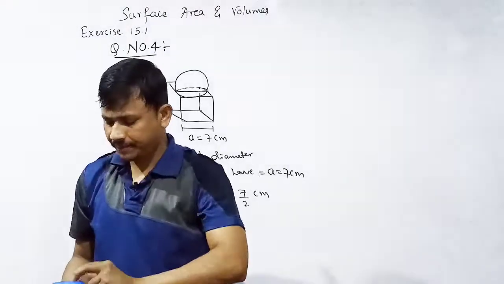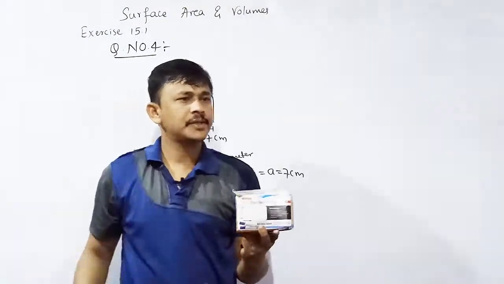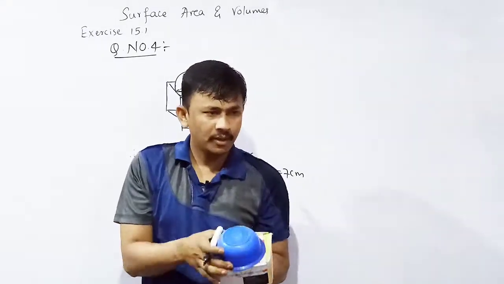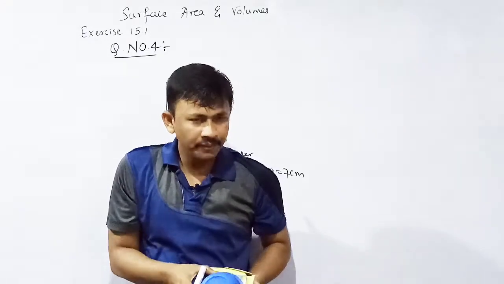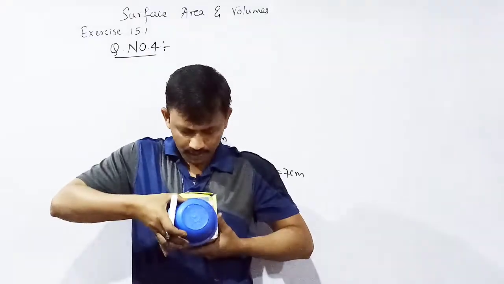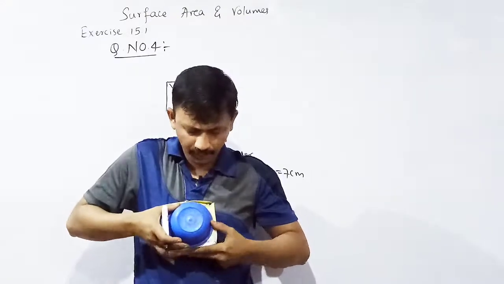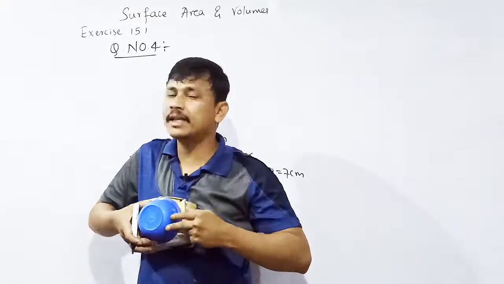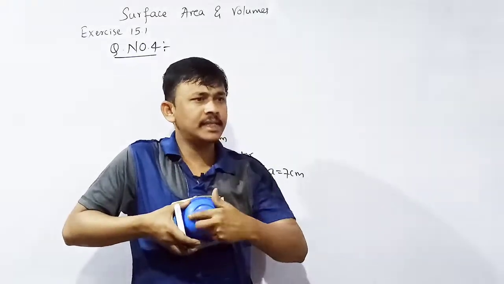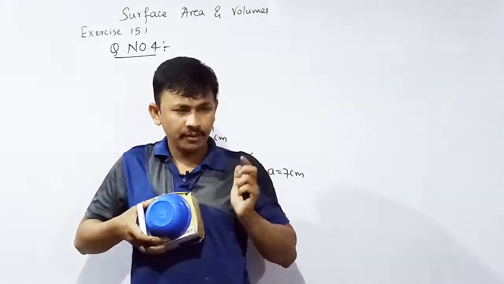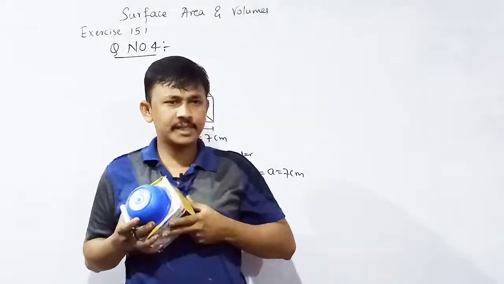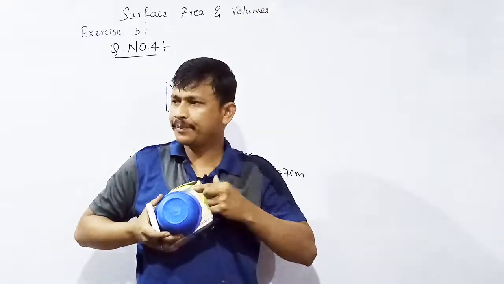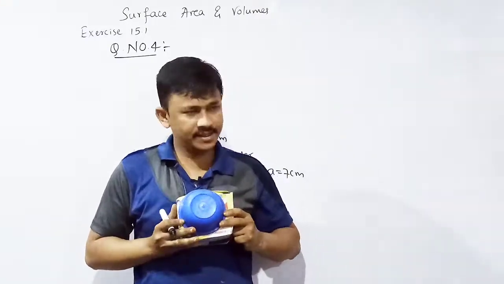Look here. Consider this one as a square box surmounted by hemisphere. Okay? After surmounting, you can feel. Look here. You can feel the curved surface area of hemisphere. Yes or no? CSA of hemisphere plus first face, second face, third face, fourth face and the fifth face, also the edges of the sixth face.